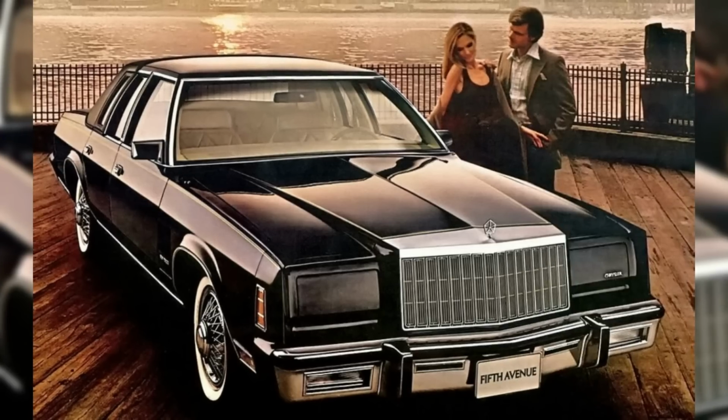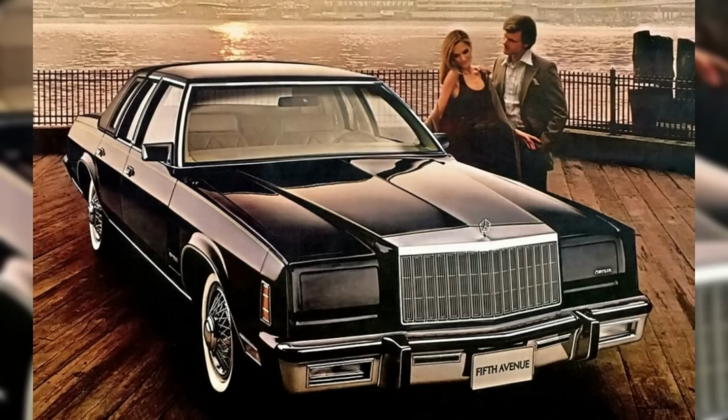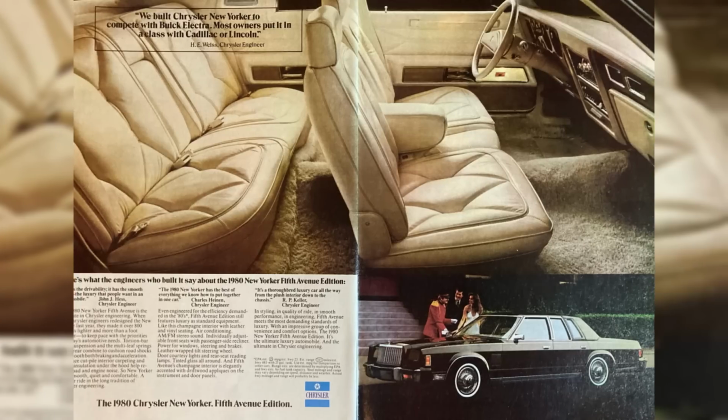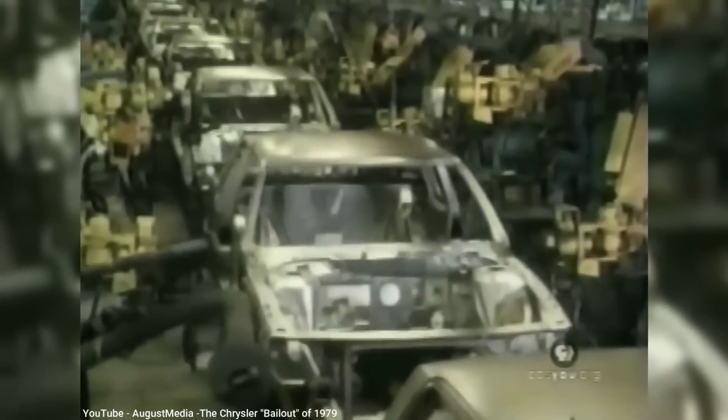But continued financial hardship meant a price increase for 1980, and sales tanked to only 6,500 for 1981, leading to the R-body being considered back then and now as a huge failure. Chrysler was living on a 1979 government bailout that was spearheaded by Lee Iacocca,